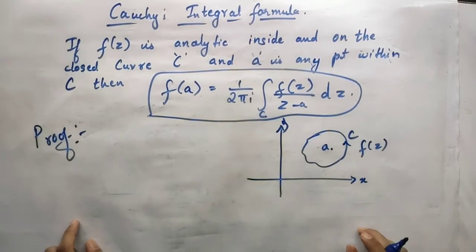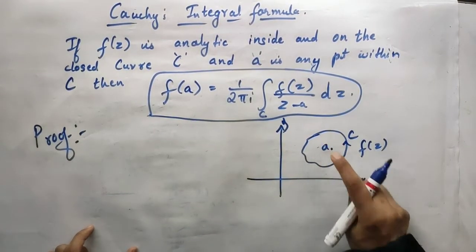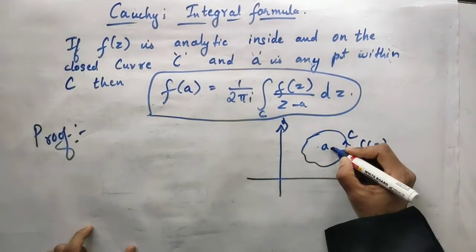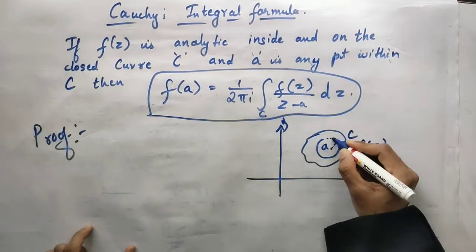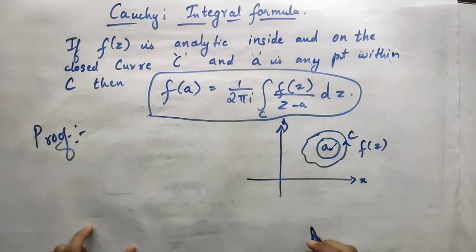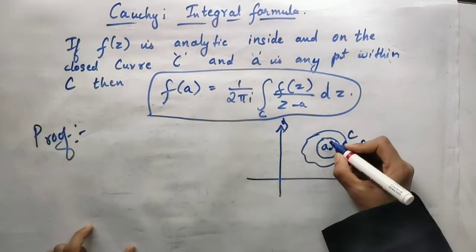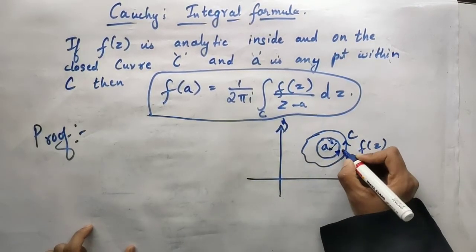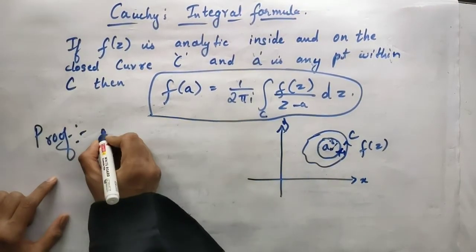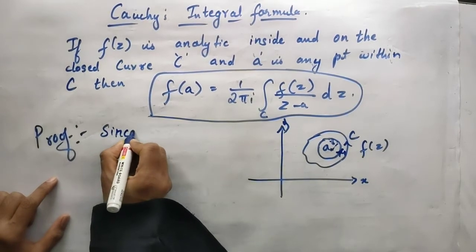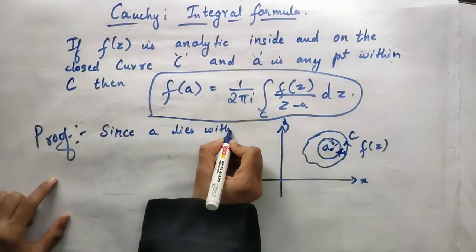Okay, so to derive this proof, let us consider a small circle enclosing this point A. Okay, I'll construct a small circle. Okay, look at this. A small circle with A as a center and R as the radius. I'll call this circle C1. Okay, since A lies within C,